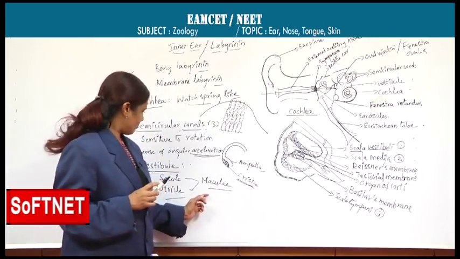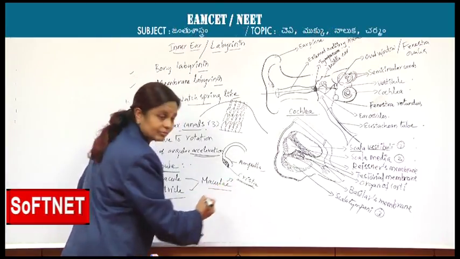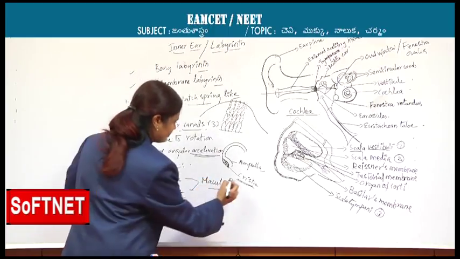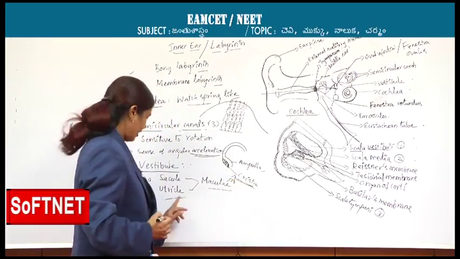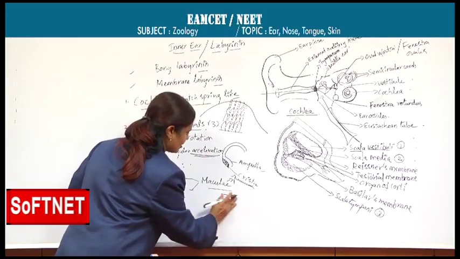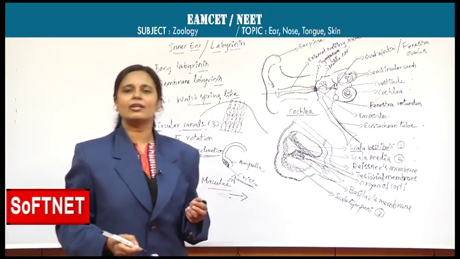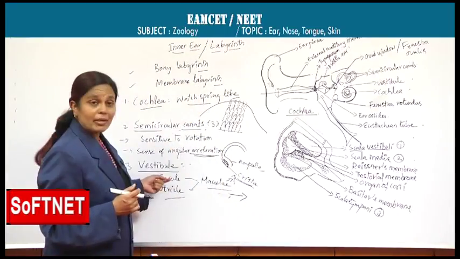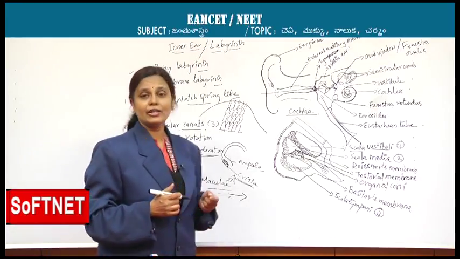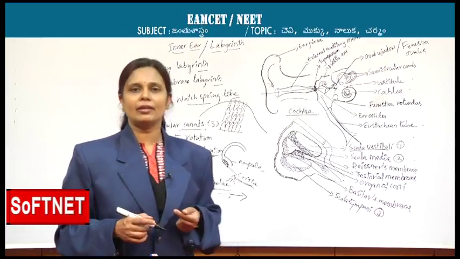Now, about the 2 maculae. The macula of saccule provides a sense of vertical acceleration, whereas the macula of utricle provides a sense of horizontal acceleration. The membranous labyrinths of the vestibule, that is saccule and utricle, with their respective maculae, together we call it